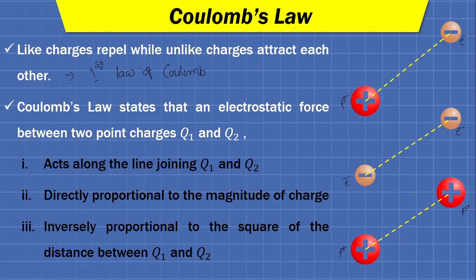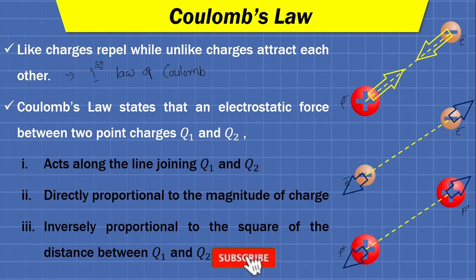Now, like charges will repel, and unlike charges will attract each other. So in the first case we will have a force of attraction between these two charges, because at one end we have put a proton and the other charge is an electron, which is negatively charged. So unlike charges will attract each other while like charges will repel each other. Fine. So this is the very fundamental way to depict the direction of force.